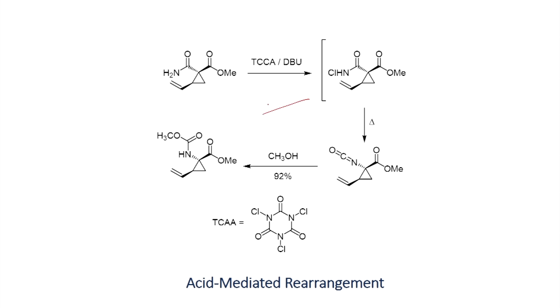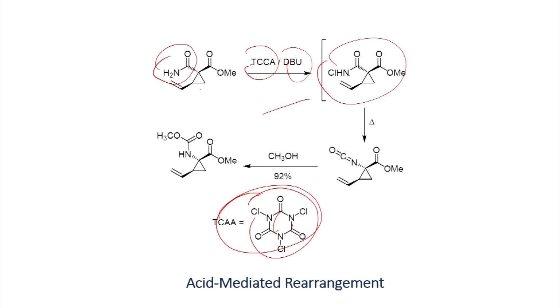Here is another example. So far we have seen that all these reactions involve bromine based systems. Here a chlorine based system is shown, and the structure of this reagent, TCCA, is shown here. When you use this combination, as we have just seen, you can also convert this into the corresponding chloro derivative. Once you form this one, when you heat it, it will be converted into isocyanate. Once you form this one, when you add a nucleophile like alcohol, you can generate this carbamate as the product.